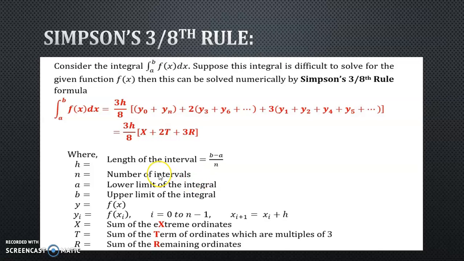Now I want you to pause the video and write down the Simpson's 1/3 rule and 3/8 rule 5 times. And while you write it, please read it along, because this is the way you can remember the formula easily. If you write these formulas 5 times over the next 2-3 days, you will remember them easily. And once you start solving examples, that will be one more practice.